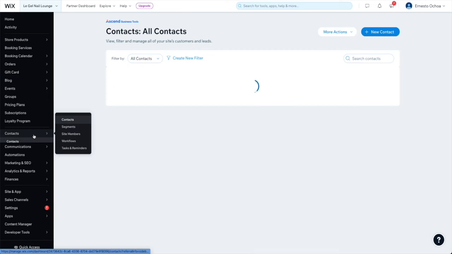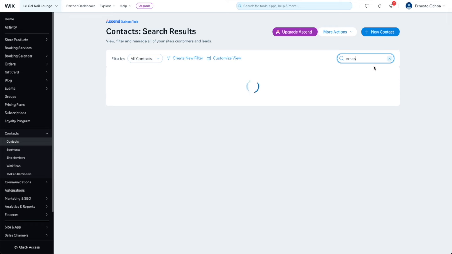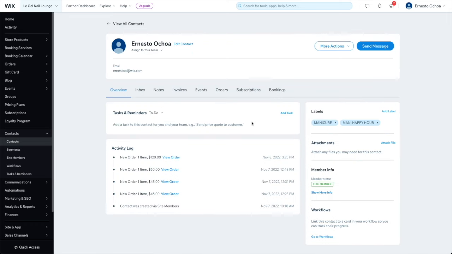One of the best things about tracking your attendance in your dashboard is that your site does a lot of the hard work for you. To start, every time a new client books with you, a unique contact card is automatically created. I can see those cards by clicking contacts right over here. And let's go ahead and open one up. This card is automatically updated every time this person books with you and checks in for their sessions.